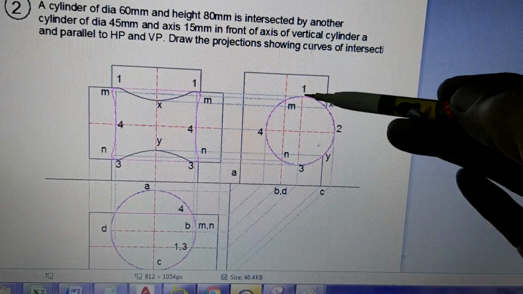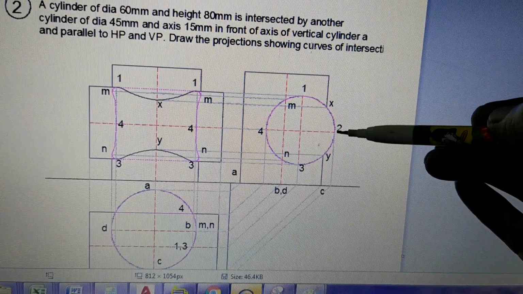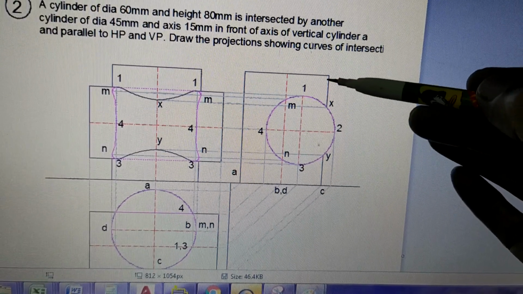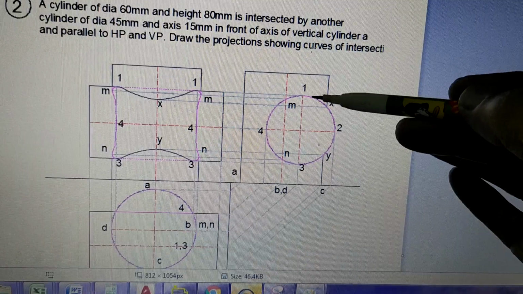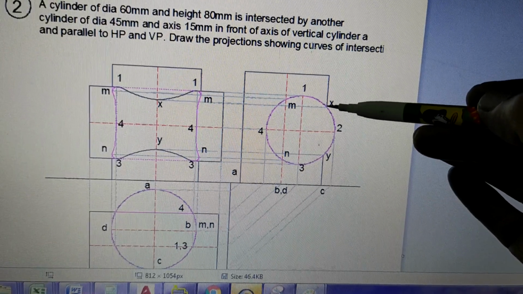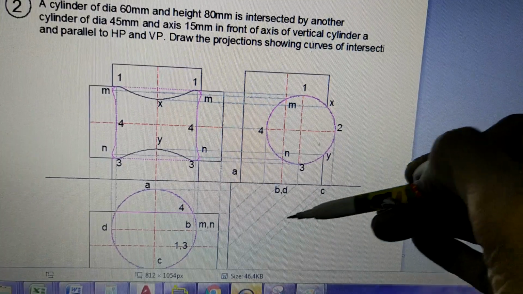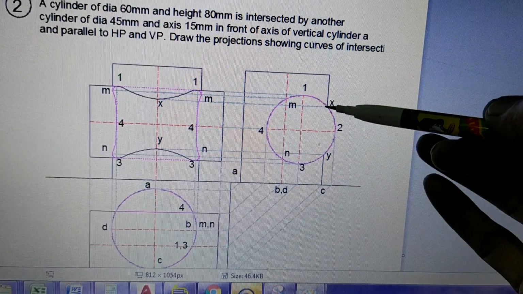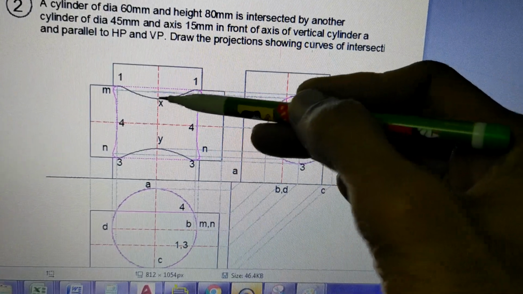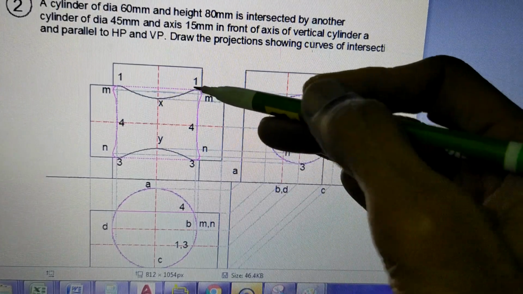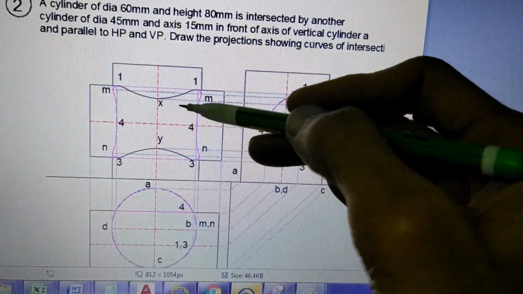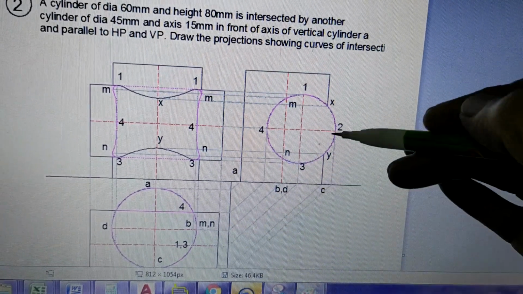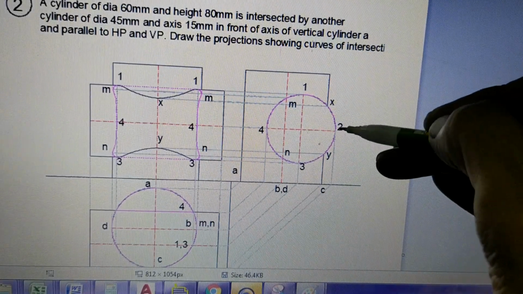So like that we show point number 1, then 2. Now 2 is outside the cylinder, not taking part in the intersection. But between 1 and 2 there is point X, which is the last point touching the cylinder. So between 1 and X, all the points are touching the cylinder. So where is point X? X is on the generator at C. So generator at C is this. So on this C generator, point X is going to lie. So X is here. So we have drawn 1 to X. So here is point 1, there is point X. Let us not look at the curve first. Just see that point number 1 has come here, point X has come here. Okay, so 1 X, 2 not there.